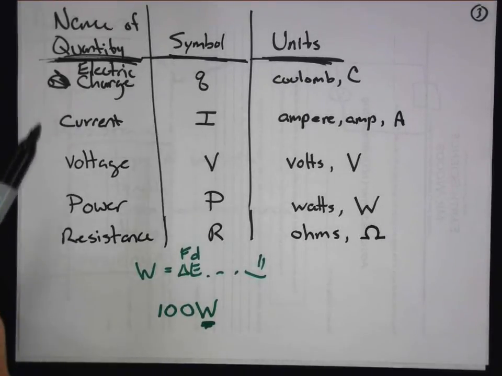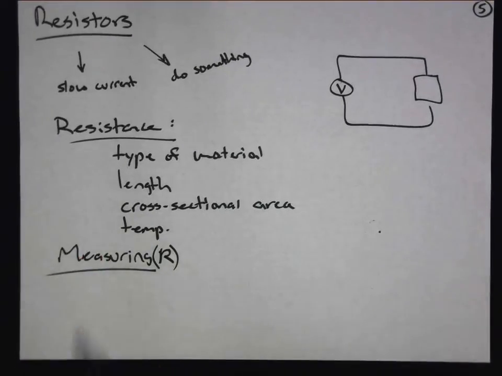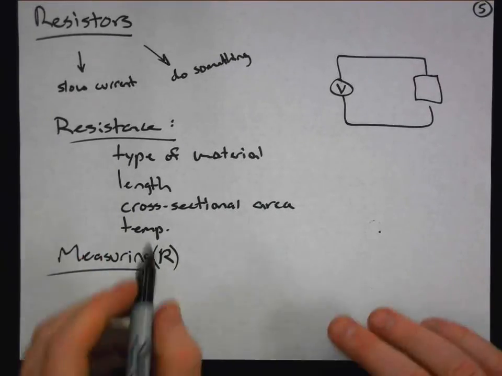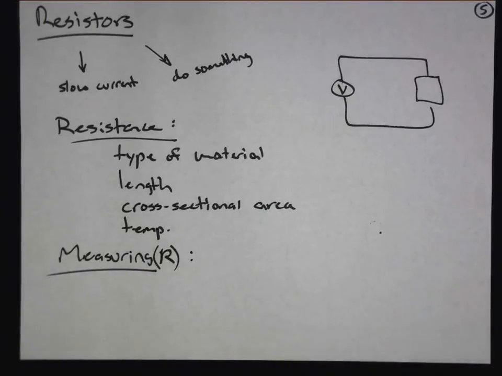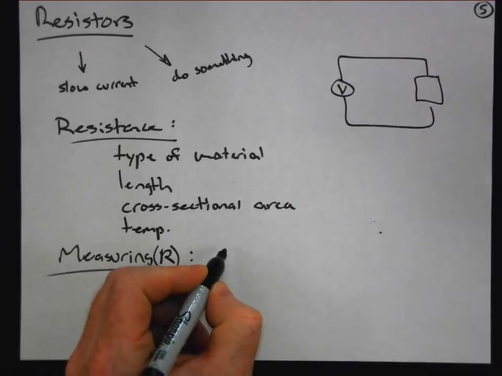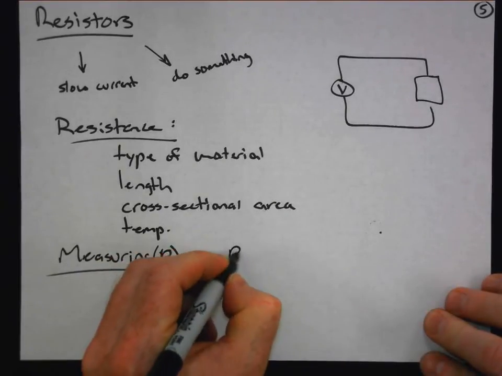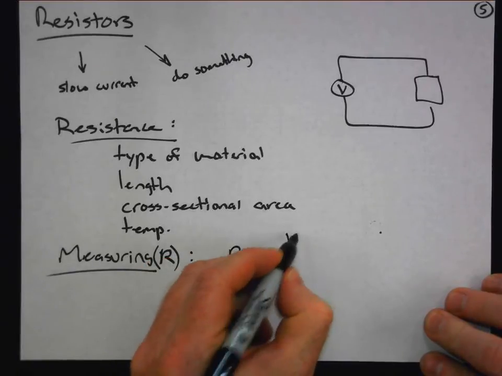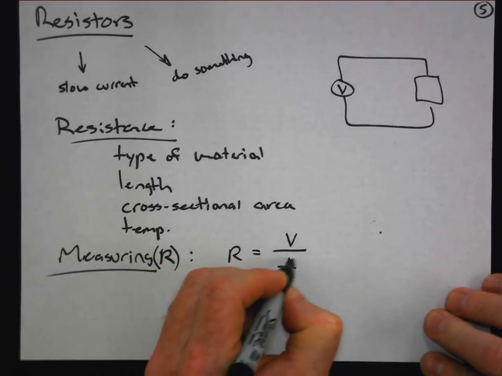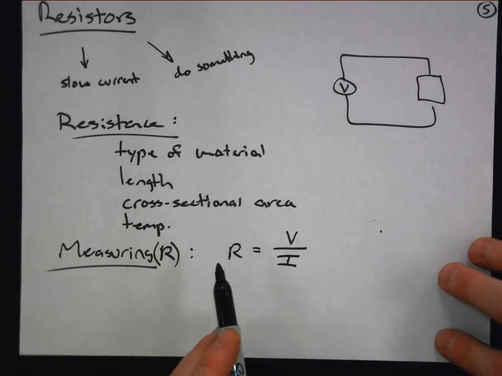So we're adding yet more new terminology that you want to be familiar with. Now, when you measure resistance, what you do is you essentially measure the voltage you're applying and the current that it produces, and the resistance you get is the voltage divided by the current that you see. So this right here is also known as Ohm's Law,